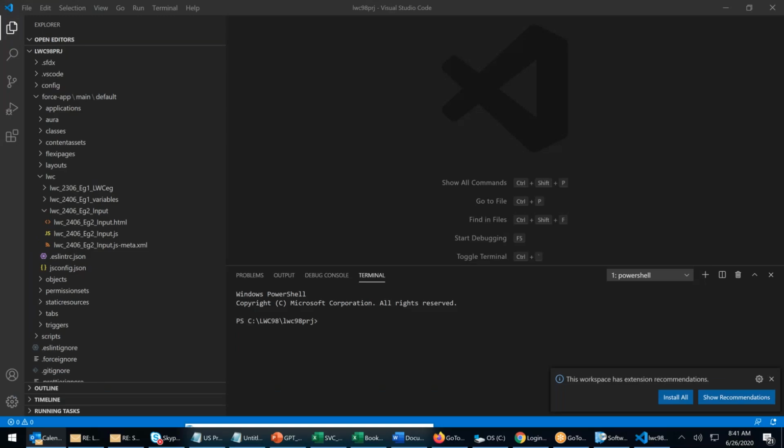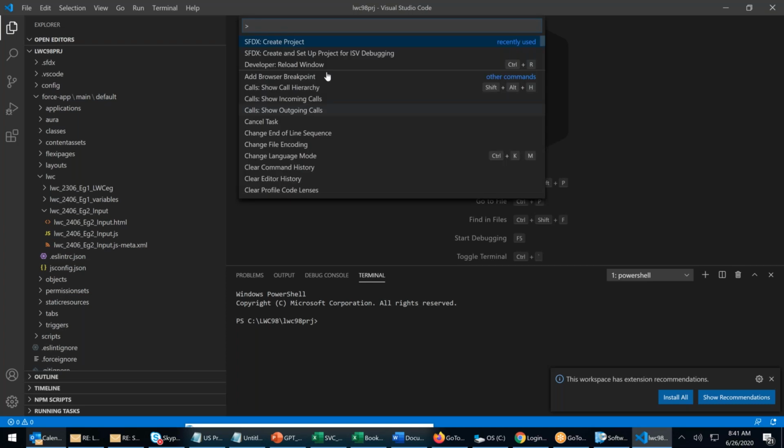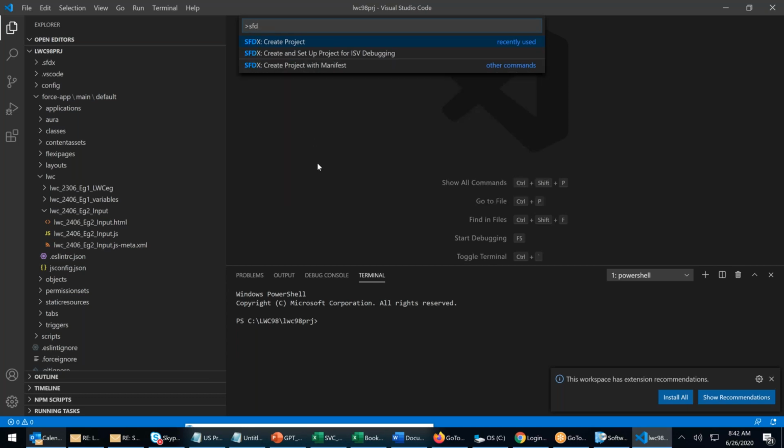Right, let's go ahead and do this. Right now, Control Shift P, SFDX.